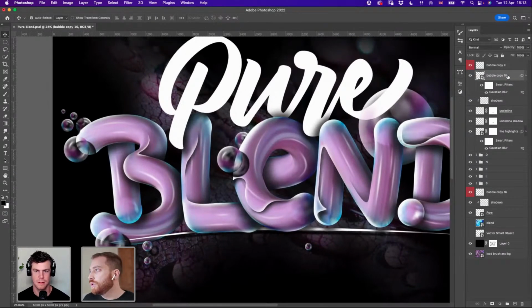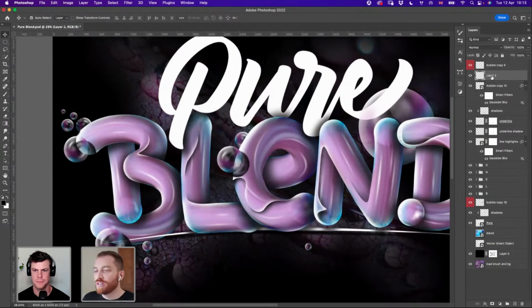Let's add one more layer here. We're starting to have not a lot of organization on the layers, but anyway, shadows of bubbles maybe. And I'm going to do it manually now, like that, to add more contrast between the bubble and the background.